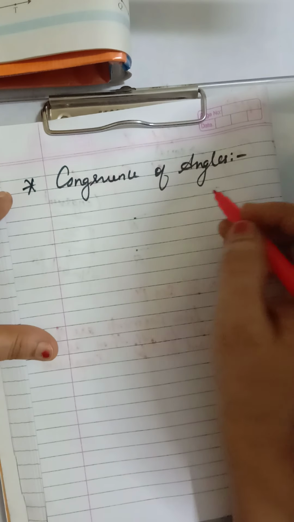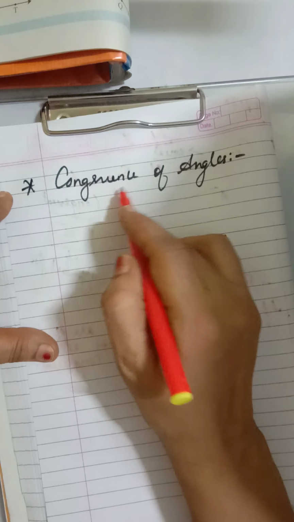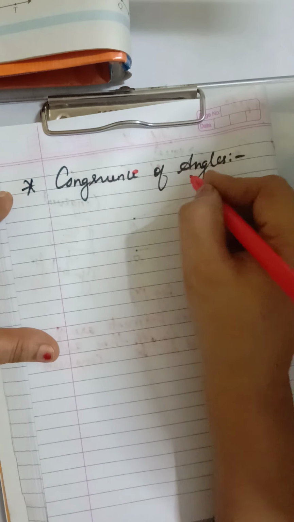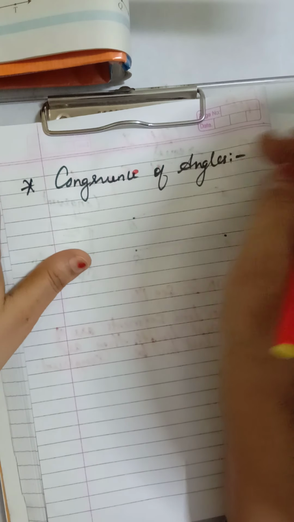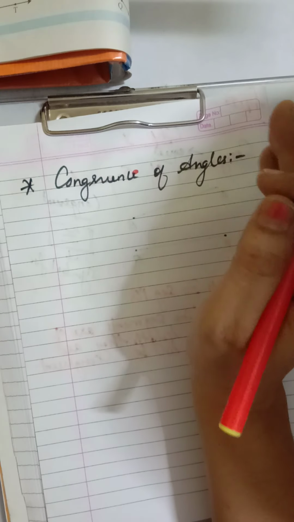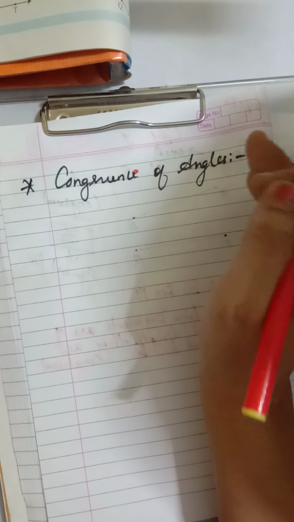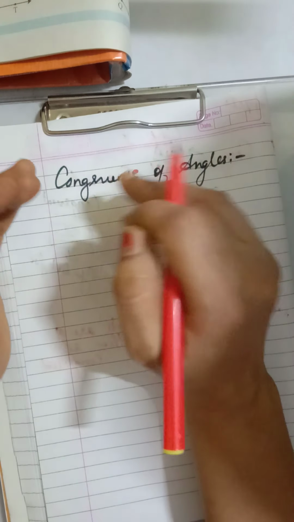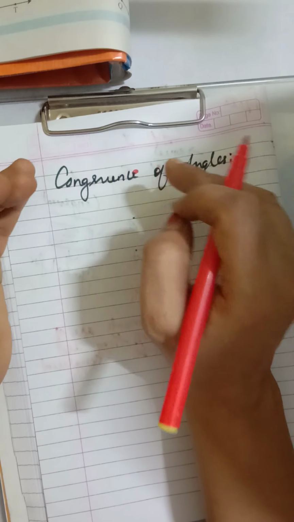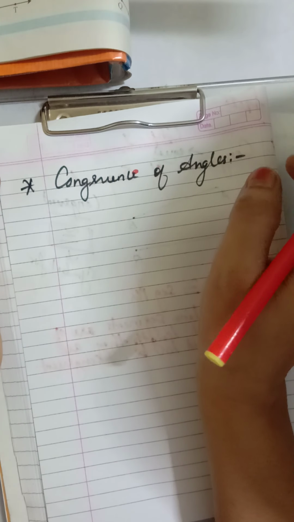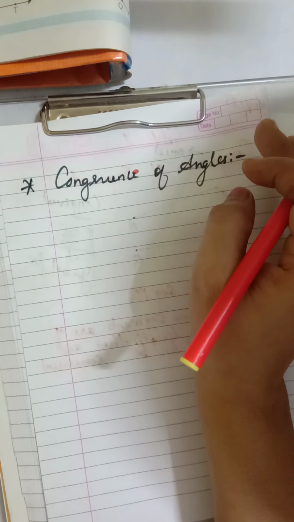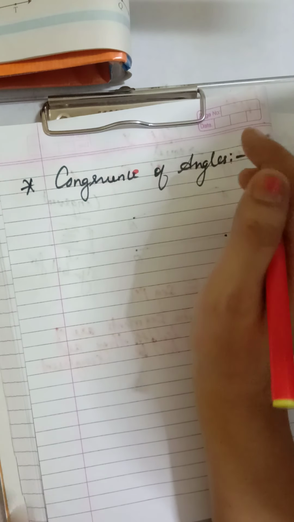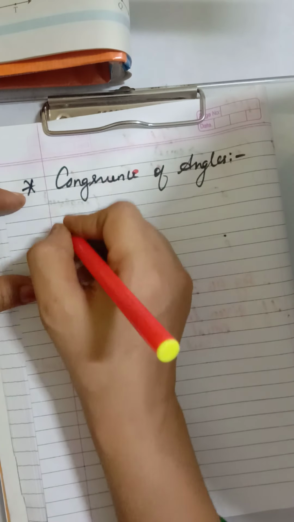Now coming to the next topic, children, that is congruence of angles. Congruence is equal measure of angles. That means the definition, in simple terms, is that if two angles are of equal measures, then they are said to be congruent. Again I repeat, if two angles are of equal measure, they are said to be congruent to each other. So you can write the definition: